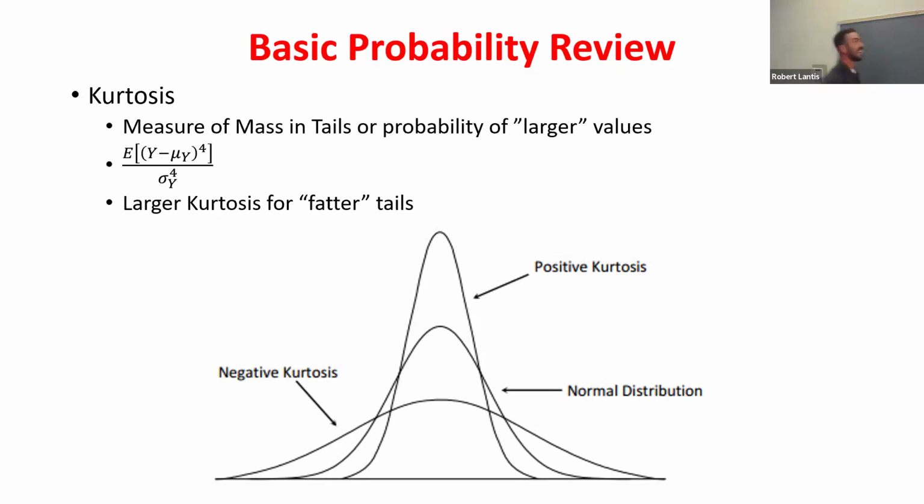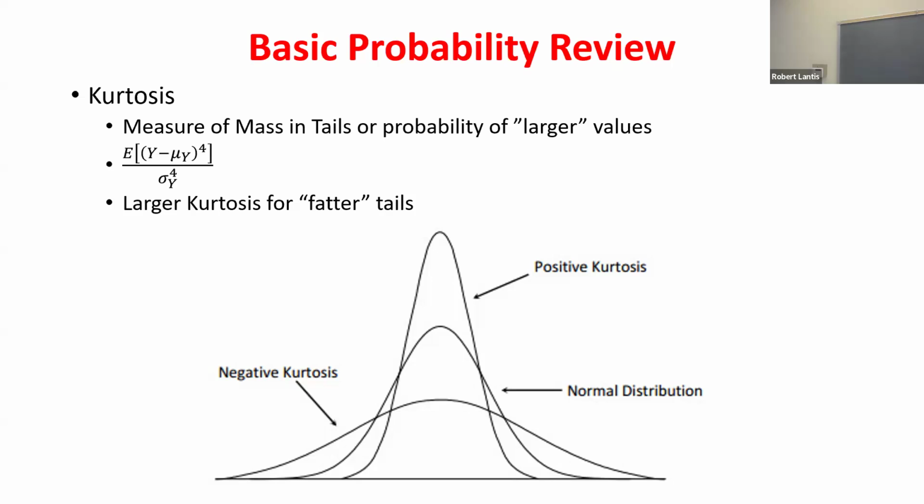There we go. All right, so you'll notice here, all of these distributions are symmetric. If I fold them on top of themselves, they're exactly the same. This one down here, that's a lot flatter, we would say has negative kurtosis, that it has fatter tails, right? We think about the y-axis here representing the probability I see this variable take on certain values. It's much more likely, when I have a larger kurtosis and those fatter tails, that I see values that are further from the mean.